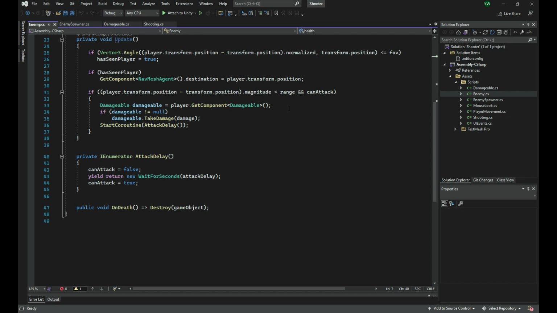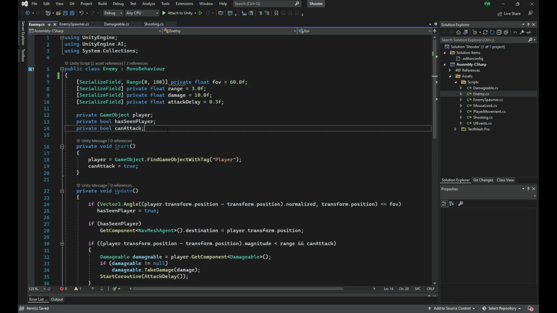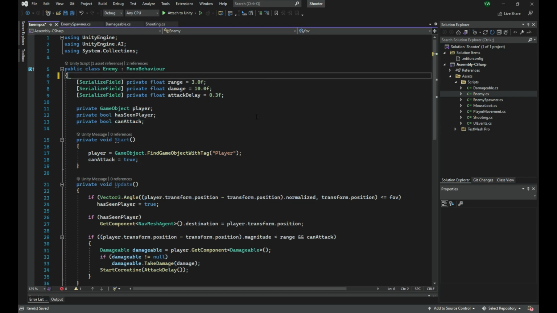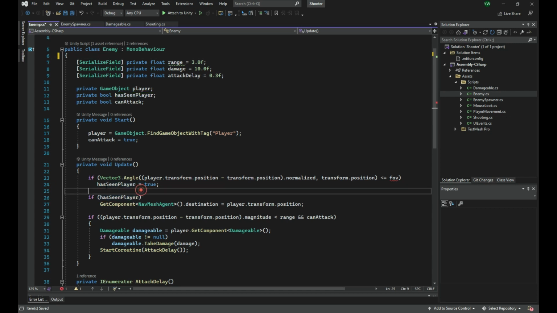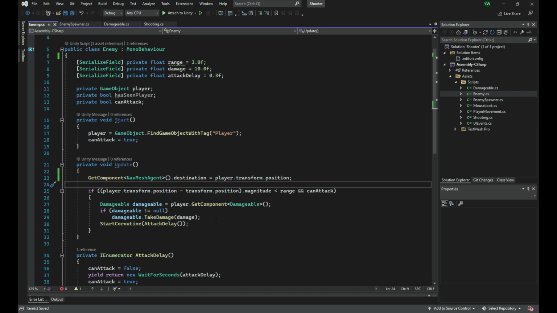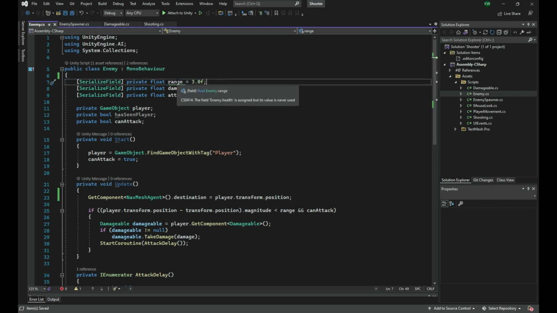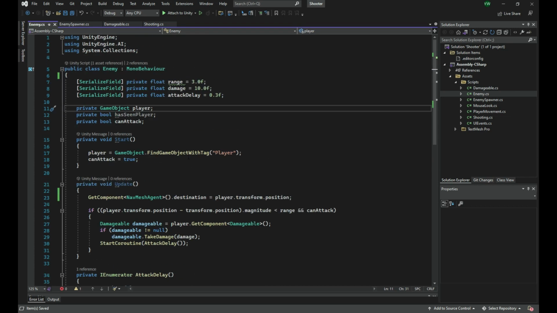Okay, the value is never used. Oh yeah, of course, that field is not needed. So what we can do is basically remove this FOV here, and in here we can also remove this and this. So this is basically what we want. We don't want to have any of this really, because that's really not needed. So this should essentially work, because now we can also remove this boolean value, and now